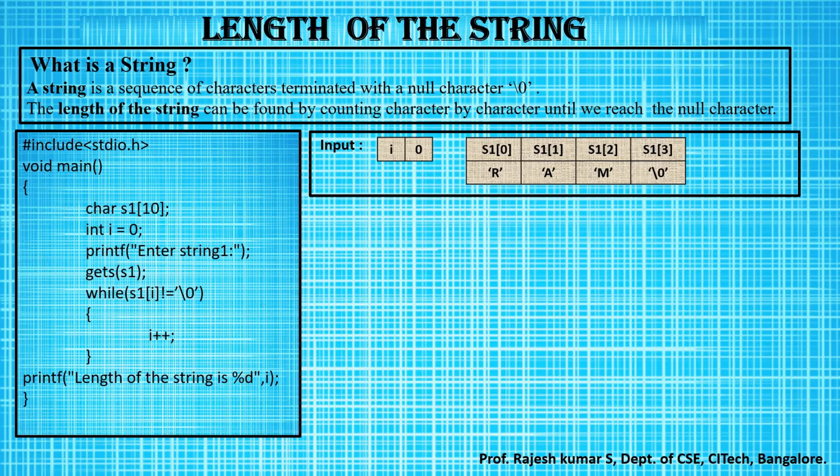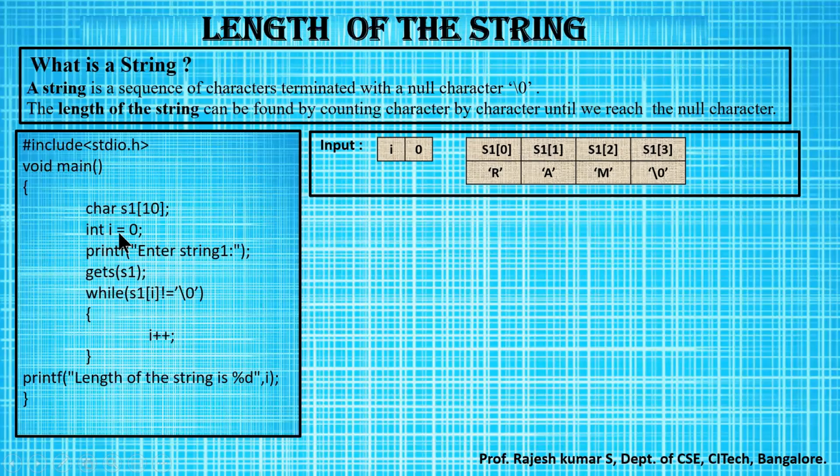The very first variable I'm using is an array of size 10, of the type character. I want to store characters inside this array. So the array name is S1 of size 10. The maximum it can store is 9 characters, plus 1 is reserved for the null value. So depending upon the number of characters you want to store, you can specify the size of the character array.